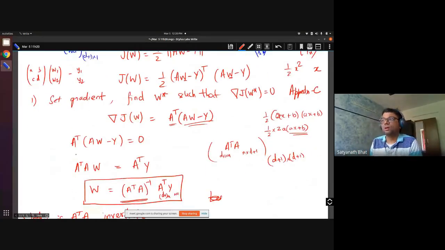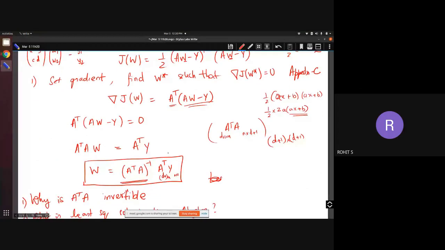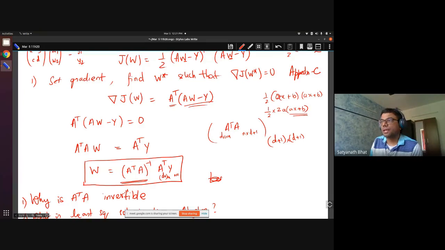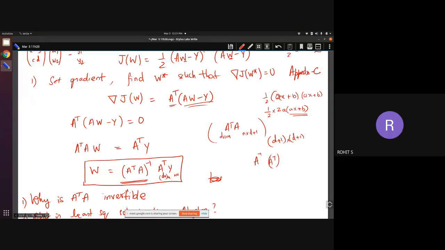Sir, towards the end, the boxed equation, can't you simplify it further by taking A inverse, A transpose inverse times A transpose Y, so that A transpose inverse A transpose get cancelled out? Sorry, A transpose A inverse is one single matrix. So that is what this is. And then A transpose, you cannot cancel, this is not a symmetric matrix. A transpose is not equal to A, right? So you can't do anything. So if I take the inverse, it will become A inverse A transpose inverse, like that you're saying? Yes, sir. No, you can't do that.